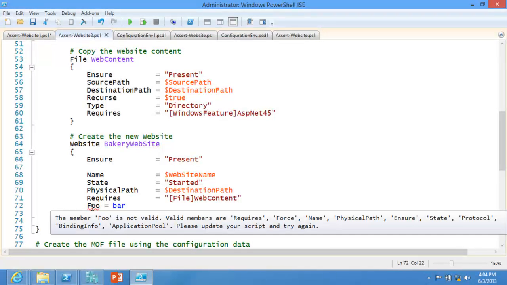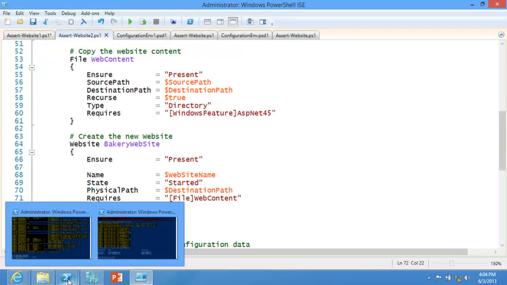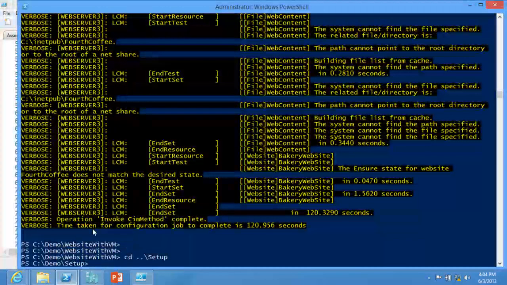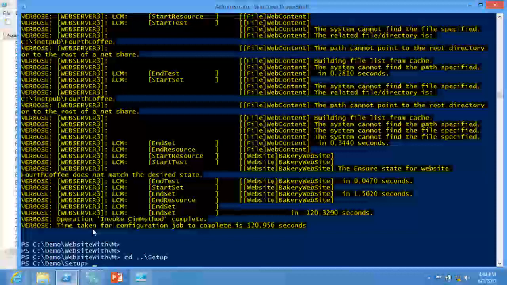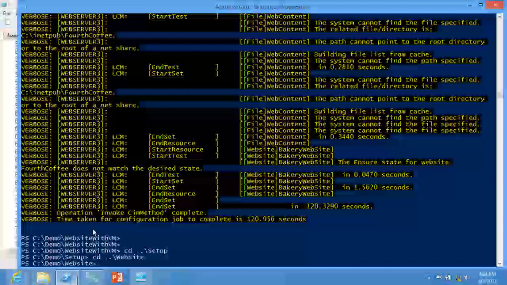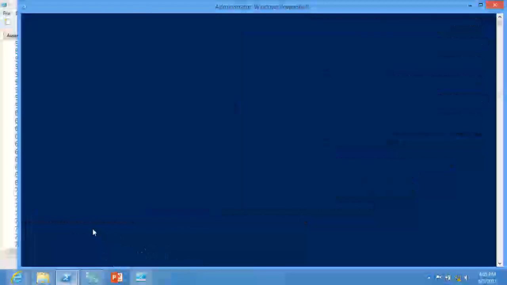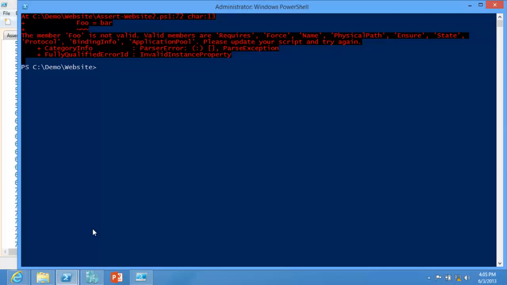Can we run this? Where are we? Am I in the right place? You're going to want to go to, I think, 2, right? Yeah. Assert, I'm going to let you assert website 2, right? It was website 2, yeah. Oops, sorry. I just screwed up. This is why we have tab completion. 2. By the way, here's a trick. It's called clear screen. Clears the screen. Okay?